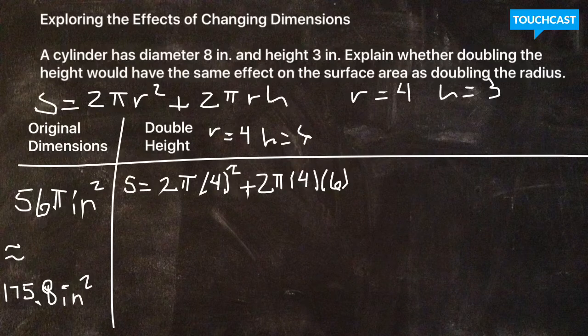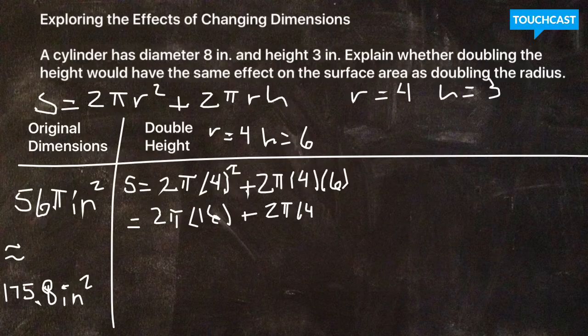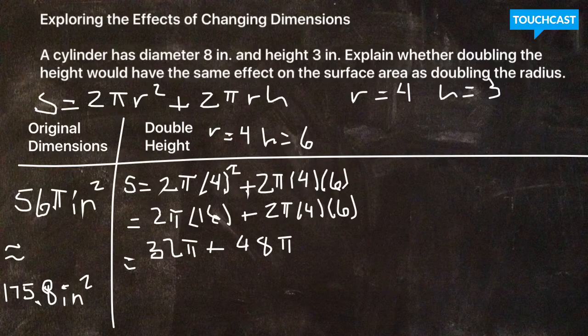Well, we can do 4 squared. 4 to the power of 2 is just 16. So we have 2 pi times 16 plus 2 pi times 4 times 6. And now we can do some multiplication. 2 times 16 is 32, so we have 32 pi plus 2 times 4 times 6 is 48 pi. And now we can just combine the numbers in front of pi to get 80 pi